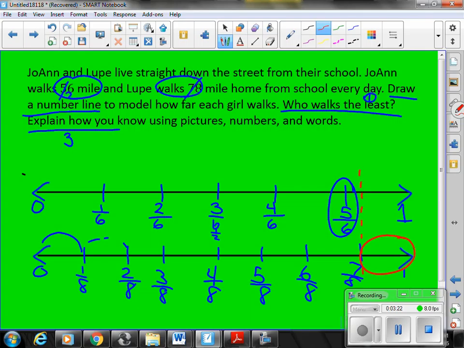So who walks the least? Well, it would be Joanne. Joanne walks the least. Joanne, and I'm writing in cursive for you, walks the least. And then I'm supposed to explain how I know. How do I know she walks the least? When I look at the number line,